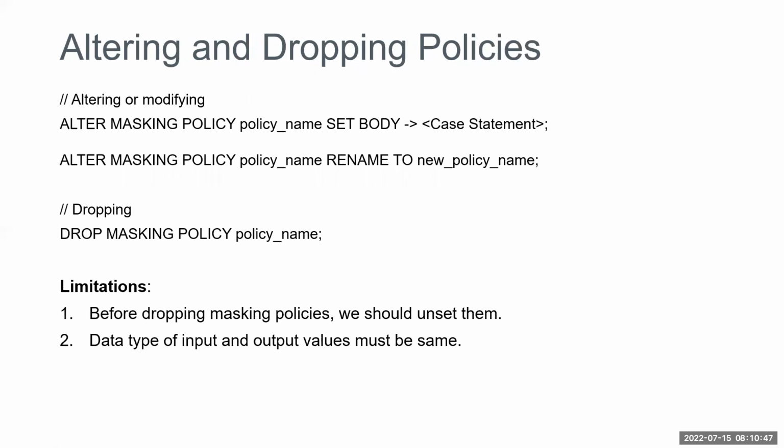Now there is a requirement. I want to alter my masking policy, or I want to drop my masking policy. So how to do that? For altering, it's very simple again. Alter masking policy, policy name, and we use this keyword set body. Alter masking policy, policy name, set body, and we specify this right arrow,